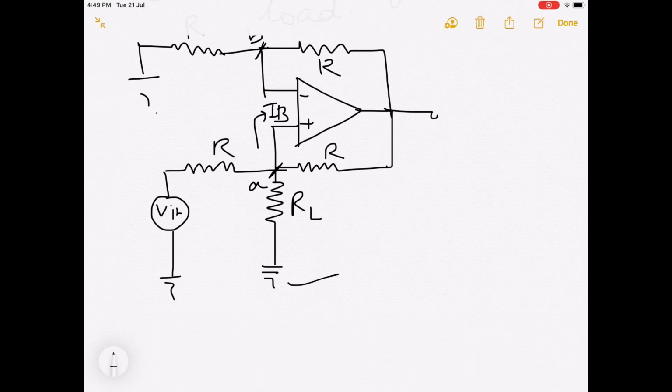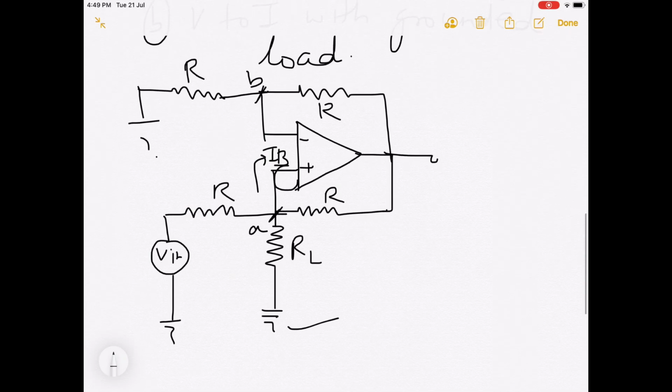Okay. So, here we are using positive feedback in this. Why? The purpose of positive feedback is to raise the effective output resistance of the circuit as required for ideal current source. Okay. That is why here we have used positive feedback. This is positive feedback. Now, let V1 be the voltage, means this voltage at point A.